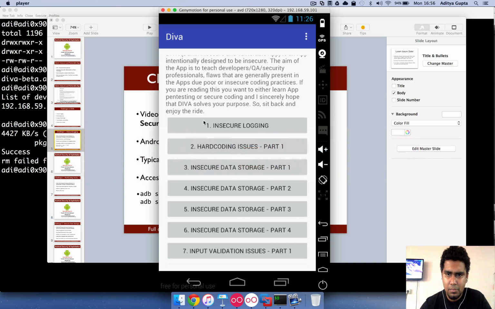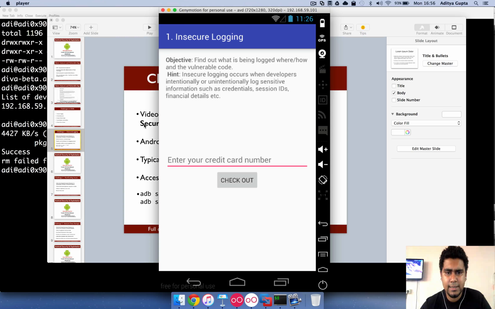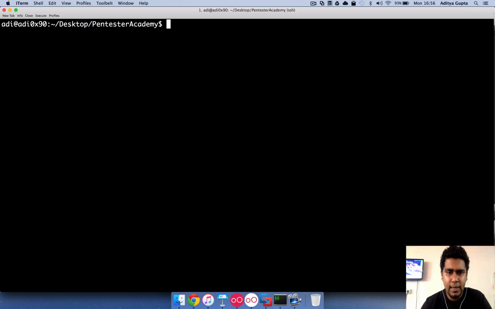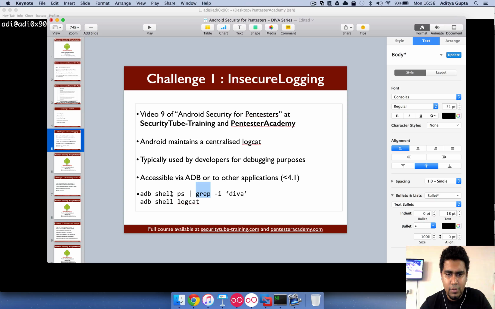So in this case, let's run this exercise and it's simply asking me to enter the credit card number, right? So I'll go ahead and enter the credit card number. Obviously this is not my real number. So I've entered the credit card number over here, and in the meanwhile I'll just check the logcat for this particular application. So I can grep for the process ID and do a logcat, adding grep of that particular